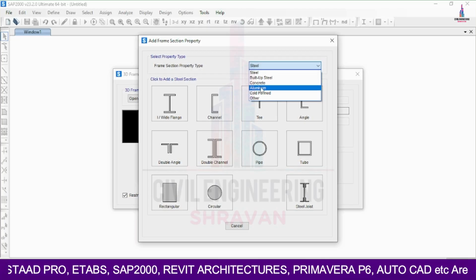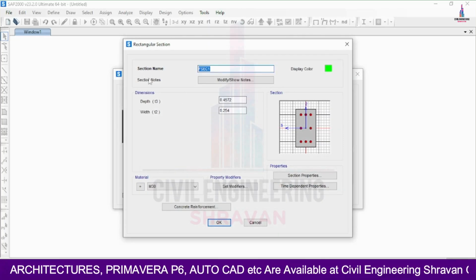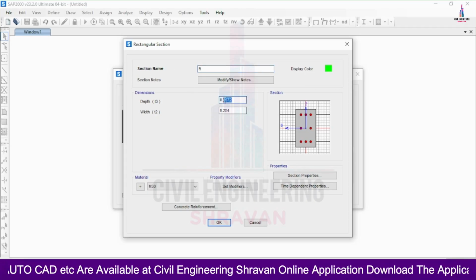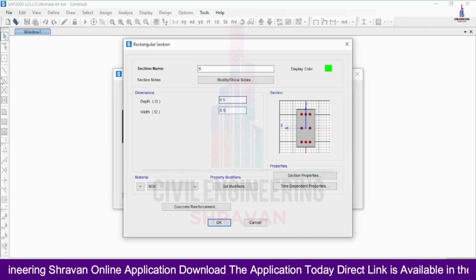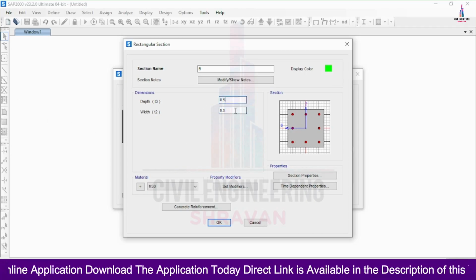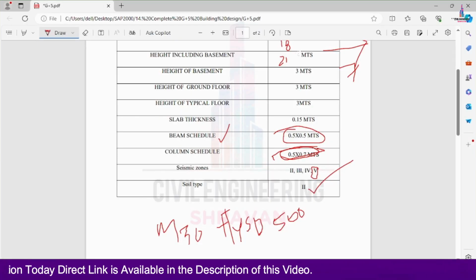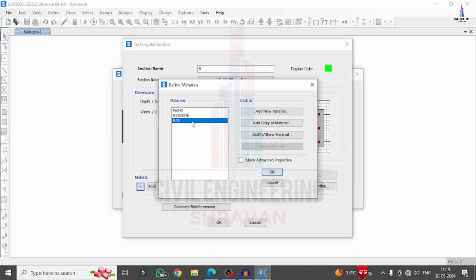So now we will change the steel property to concrete property and we will select the rectangular property. Now I am selecting the property name as beam. So we will consider the depth approximately equal to 0.5 and 0.5. So now we can see this is 0.5 across 0.5. Now we will select the grade of the concrete according to your consideration. I am taking M30 grade, HYSD bar of 415. We will define those properties. Already M30 grade was defined here. So we will define the HYSD bar of 500 grade.